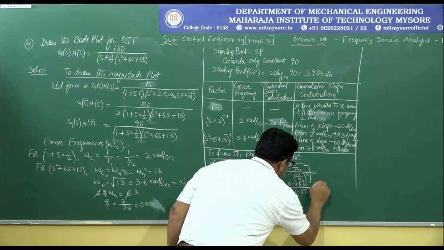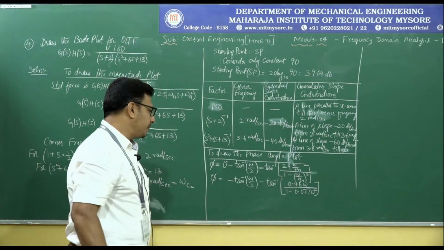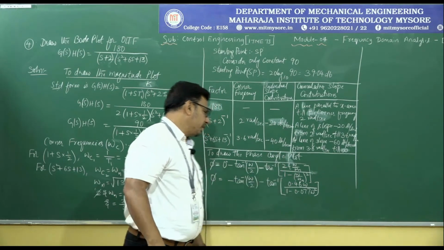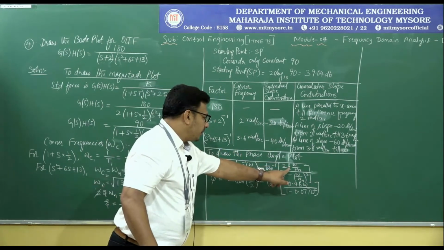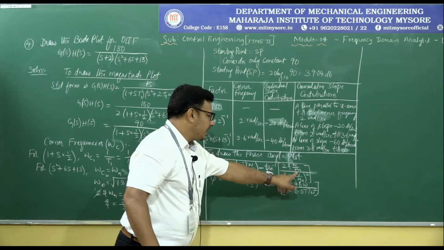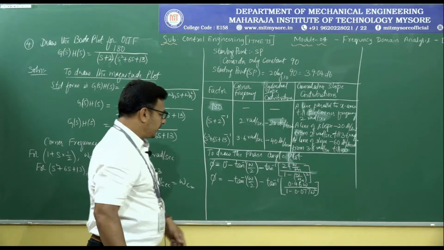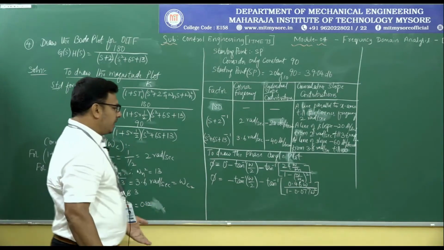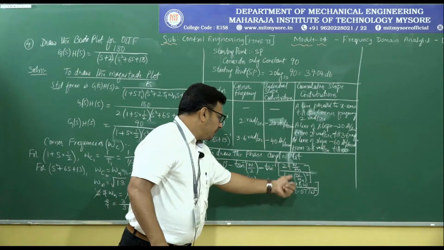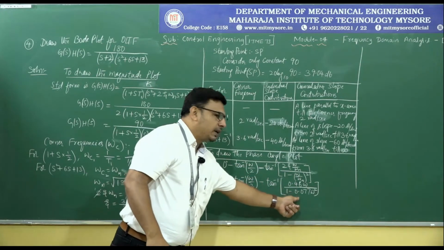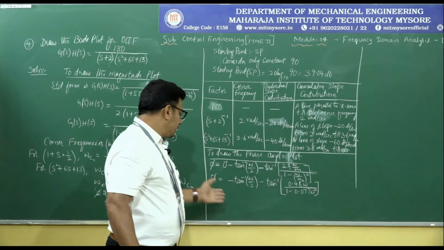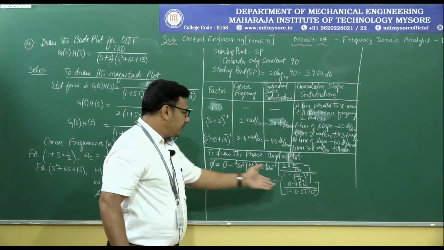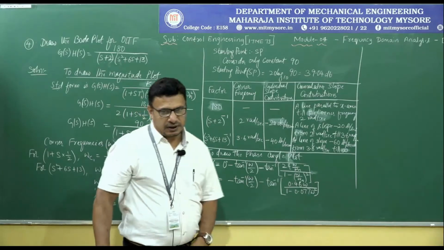0.077 omega square. This is only for simplification purpose, because every time you need not calculate a tedious factor. So I have just substituted the value of zeta as well as omega. Omega n we know 3.6 radians per second, zeta we know 0.8 something, 0.82 or 85 something. So if you substitute there, then just simplify this factor, you will be arriving at the simplest bracket content, so that the moment you apply the various values of omega, you will be able to calculate phase angles very easily.